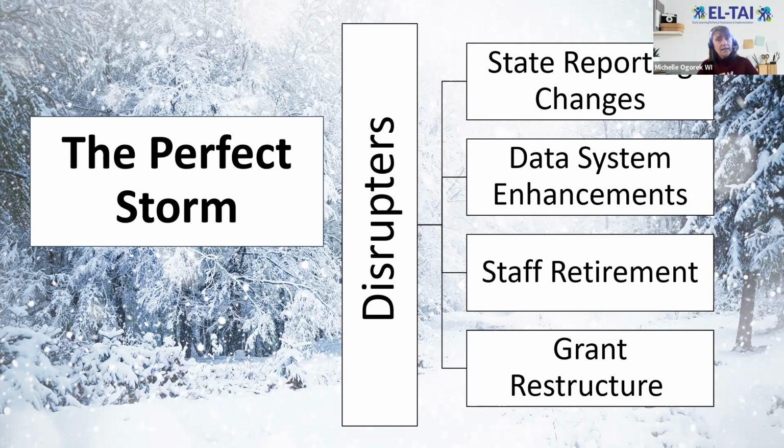So first thing that happened is, as I talked before, we were just starting out with the state reporting changes. So with relation to the age, we did find out when we were in the process of doing that there were some big cracks in our system, and it had a little bit bigger impact than we had thought. Then we also thought we were going to do some data enhancements. So we have a standalone indicator 7 application in Wisconsin. And what we were going to do is we were going to start developing some reports that the LEAs could use.